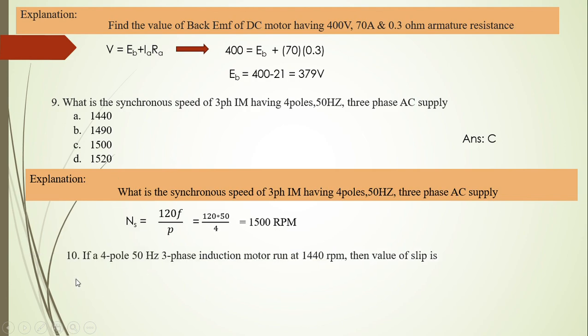Let us take question number 10. If a 4-pole 50 Hz 3-phase induction motor runs at 1440 rpm, then the value of slip is? Here we have 4 options: 0.04%, 3.3%, 4%, 6%. Dear students, the question is about the value of slip. The answer is 4%. For that, students should know